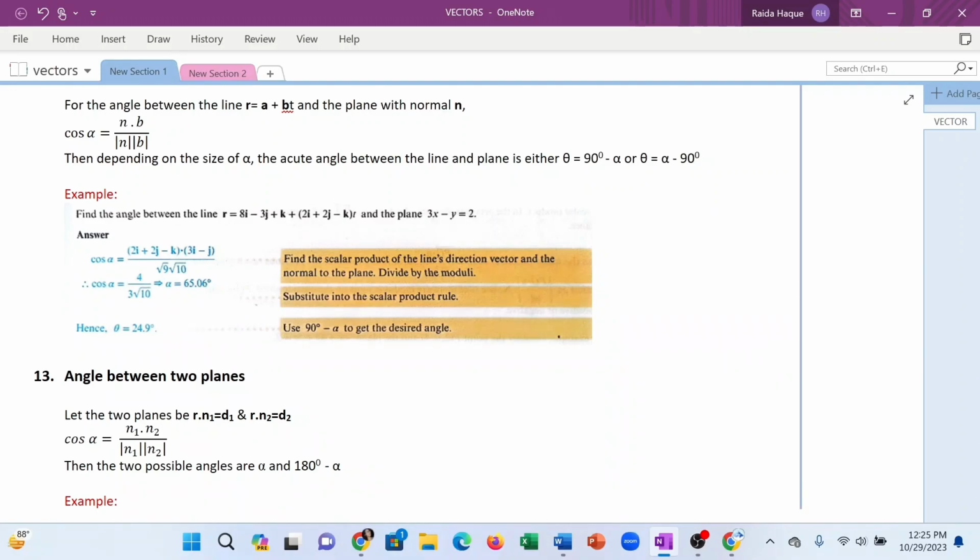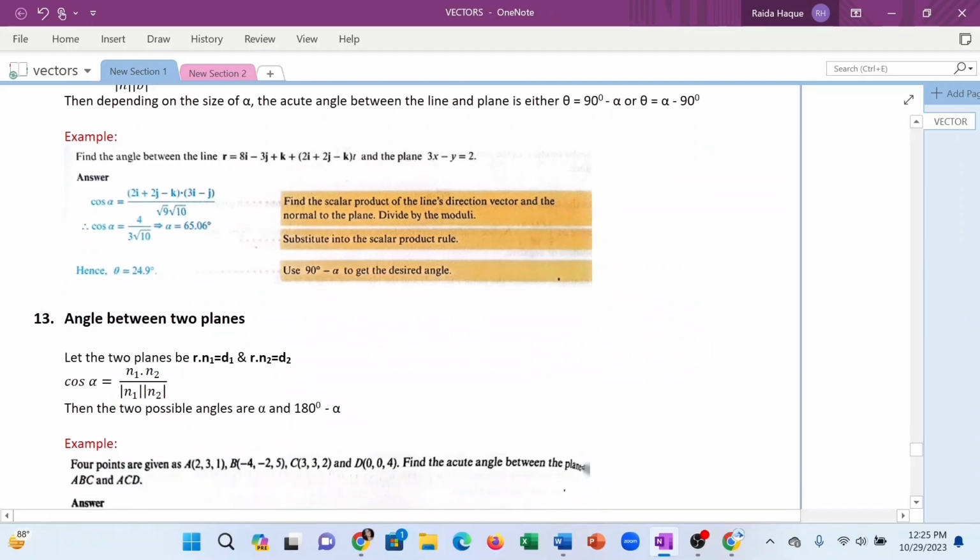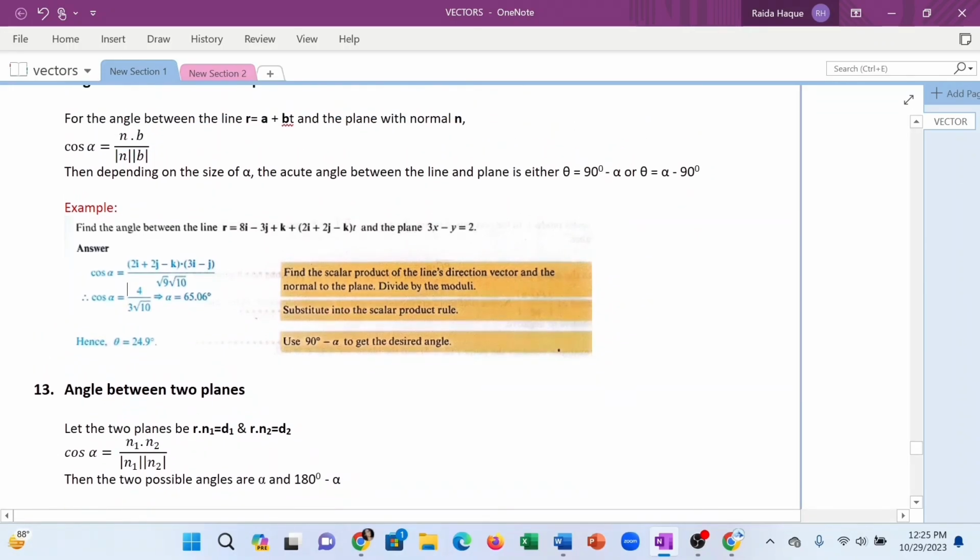As simple as that. So here, the two possible angles are alpha and 180 degrees minus alpha. If you're asked to find the acute angle and you got an acute angle already, then the answer is the alpha that you get. However, if you're asked to find an acute angle and the answer you got is obtuse, then you do 180 minus alpha. So why is that? Why are there